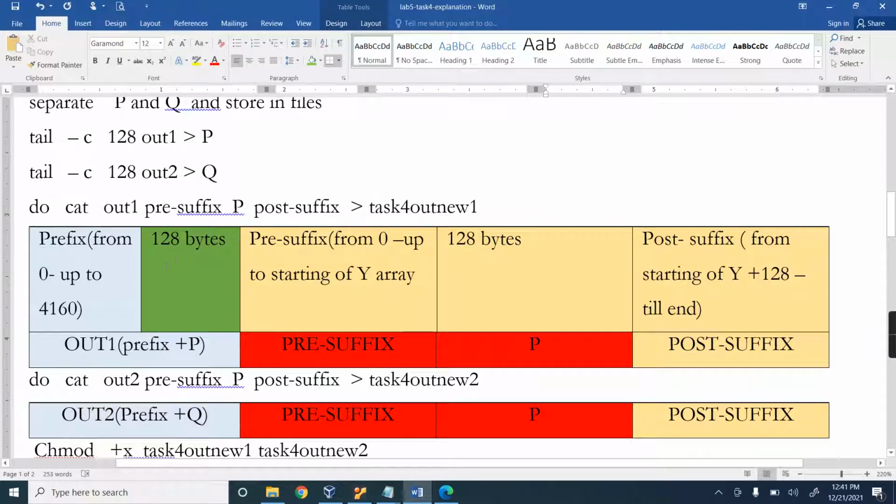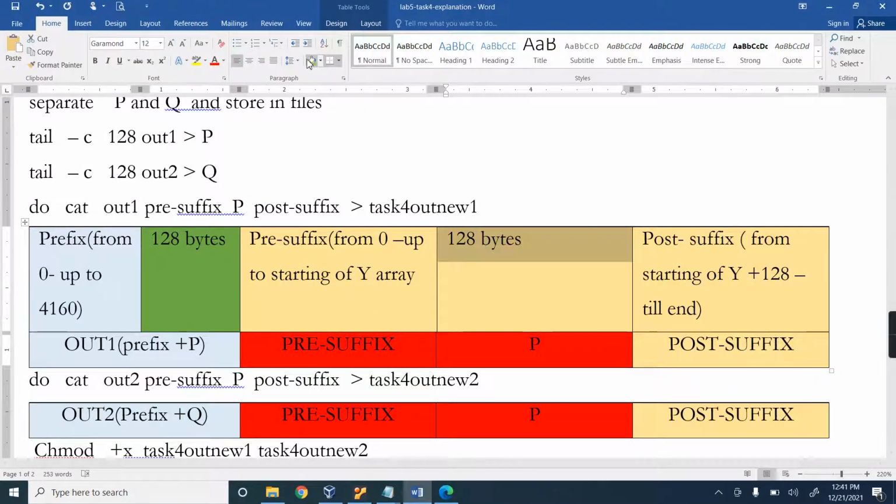Same way, prefix plus 128 of Q will be considered as out2, but this 128 bytes I am going to replace with the P value. So the first file has P and P same, the second file has Q and P which are different. Like that I am going to concatenate.